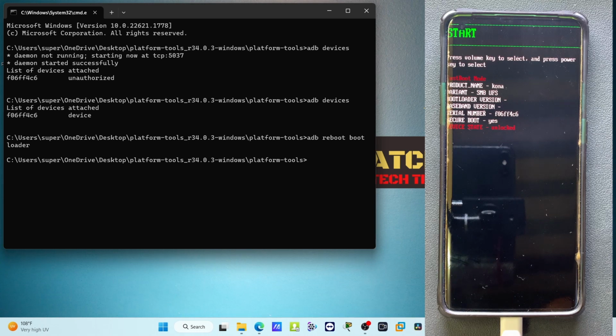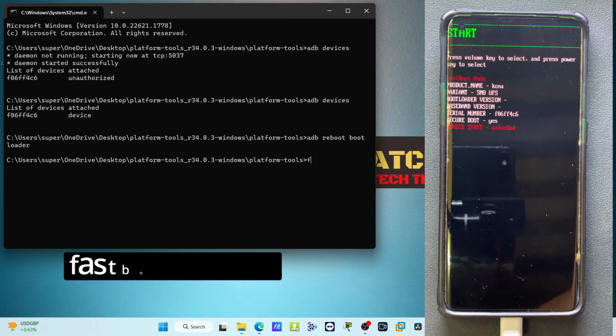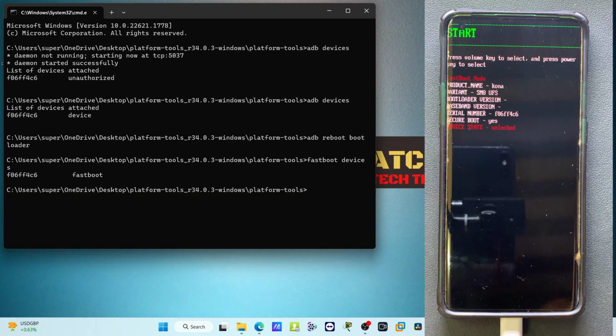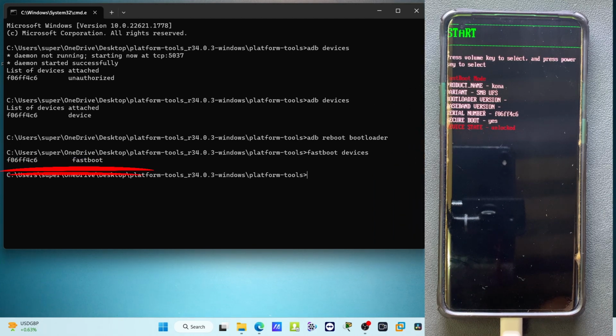Another third command we have to type is to check if the device is detected in fastboot or not. To check that one, type fastboot devices, then hit enter. You can see here under the fastboot the device is detected. Now we are going to flash the